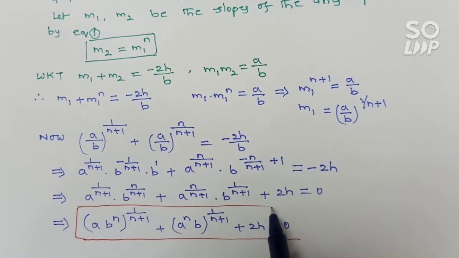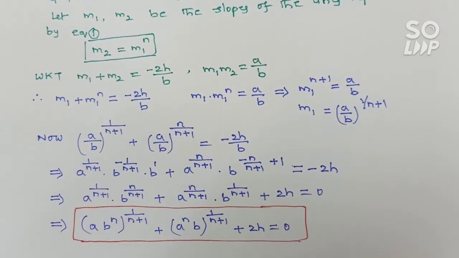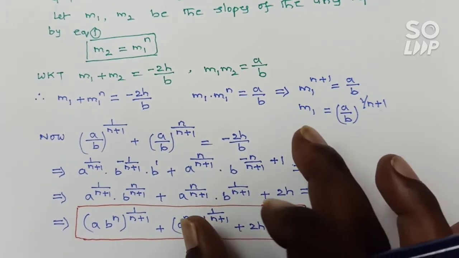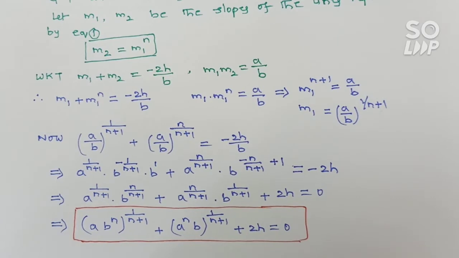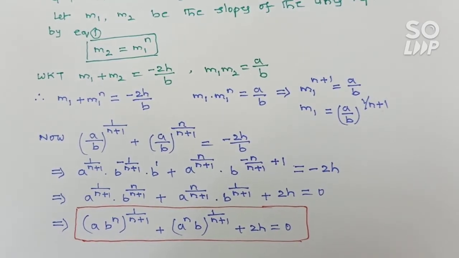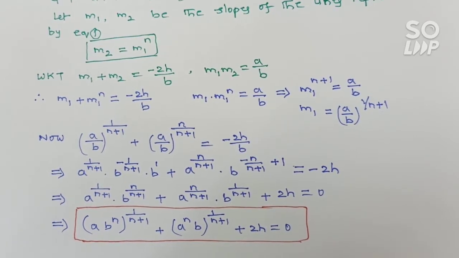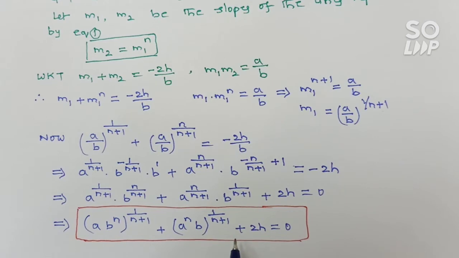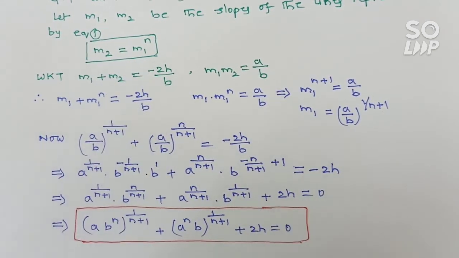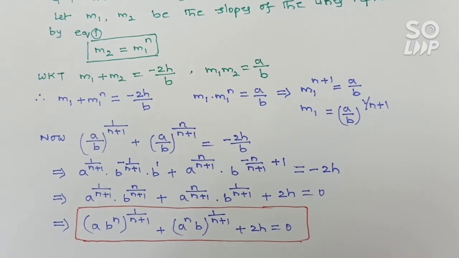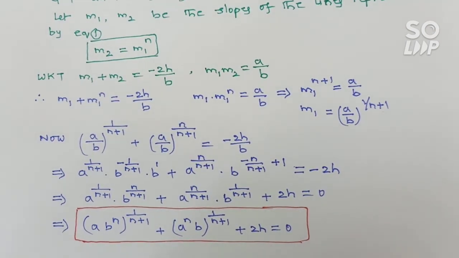Okay, so the derivation part is very easy. In the same manner, whatever the n value is given, suppose the slope of one line is a fifth power of the slope of another line, then n is equal to what? 5. So by taking m2 equal to m1 power 5, using the same method you can get the required value. Or anyone who is capable of remembering this, it's well and good, right?